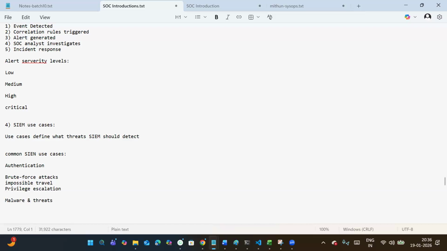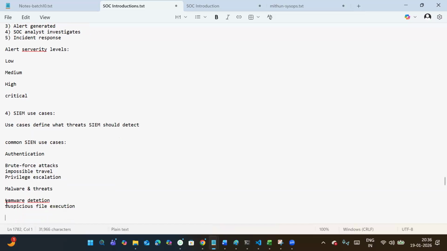In this case, we can use malware detection, suspicious file execution. When you click on any link, no. So based on the file execution itself, it will identify that it is a threat. Okay. In network security,